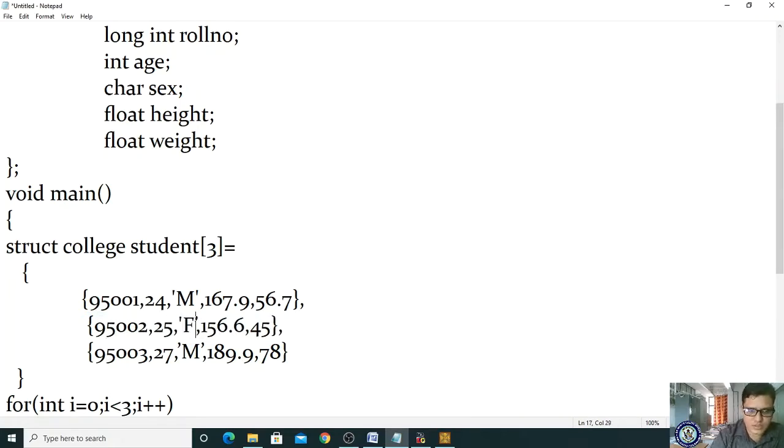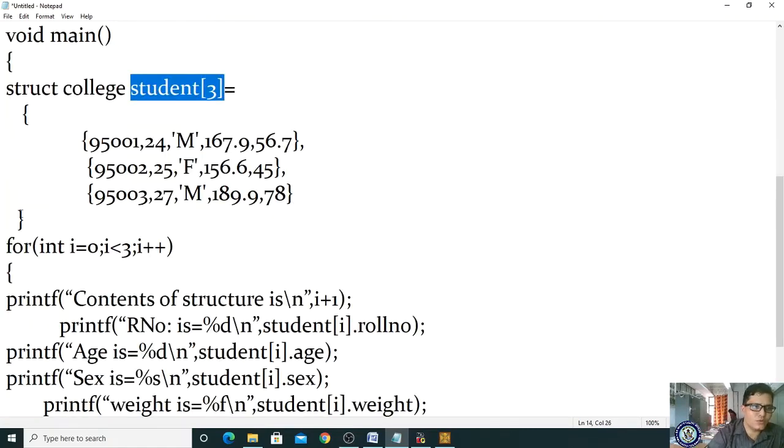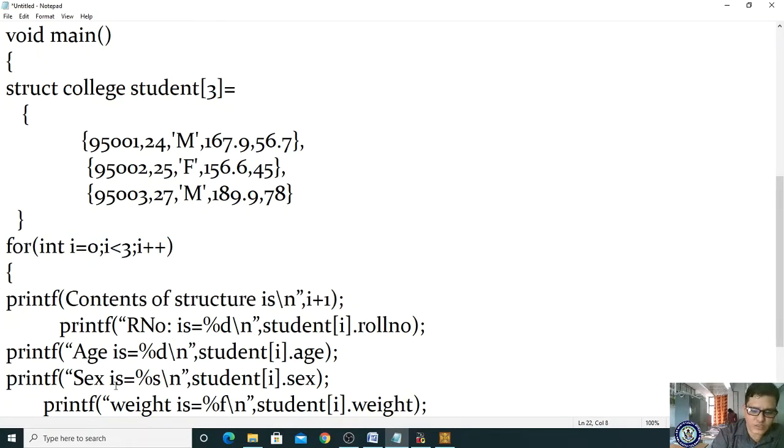Yes. So these values are related to these variable declarations. And here the third one is also there. And now we are writing a for loop. If you are taking an array of structure variable, then compulsorily we have to use a for loop. For int i is equal to 0, i less than 3, condition true. Why is it only 3? Because we have initialized only 3 values, right? It must be terminated with a semicolon. If you do not specify the semicolon, then it will give an error.